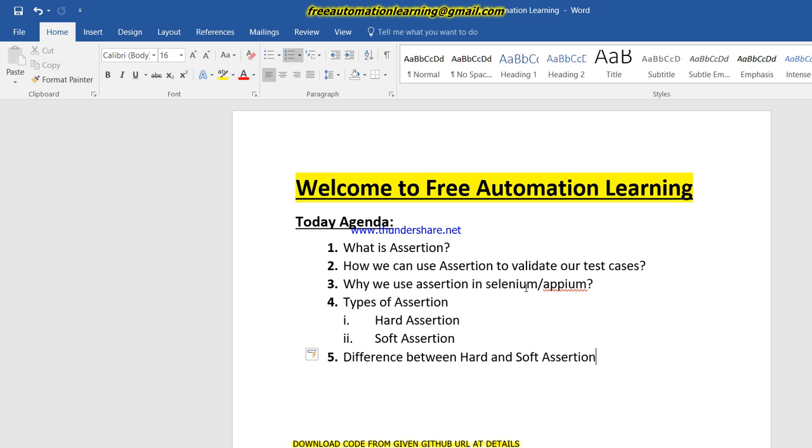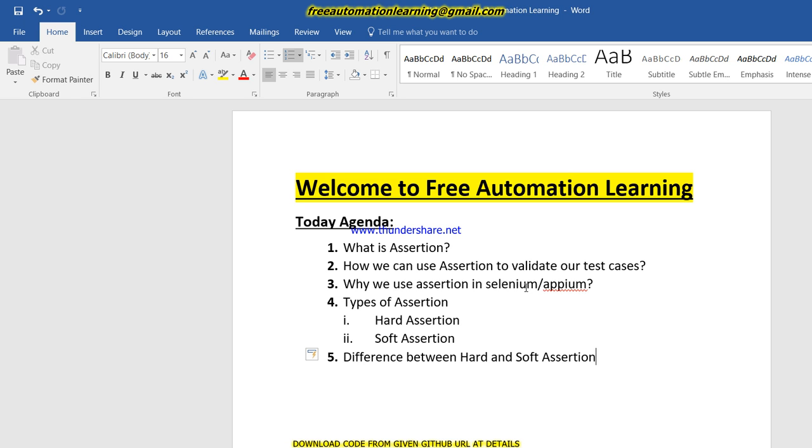Just before we move to code level, I wanted to explain soft assertion. In hard assertion, if any test step fails, my test case would terminate at that point.